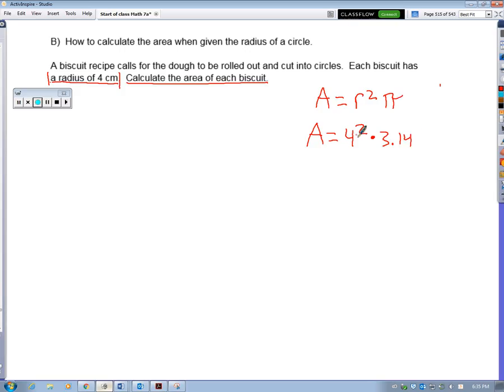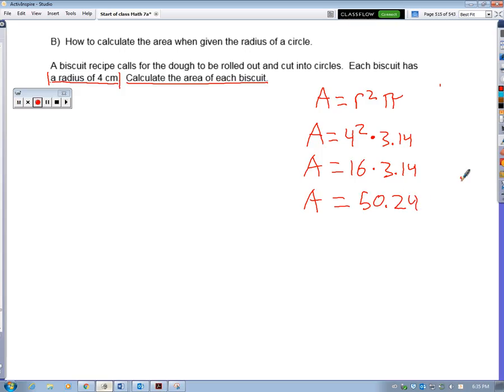My next step is to take 4 to the power of 2, so that's 4 times 4. Not 4 times 2, but 4 times 4. That's going to get me 16 times 3.14. I did that step. Now I just need to do this step, 16 times 3.14. When I do that, that gives me an area of